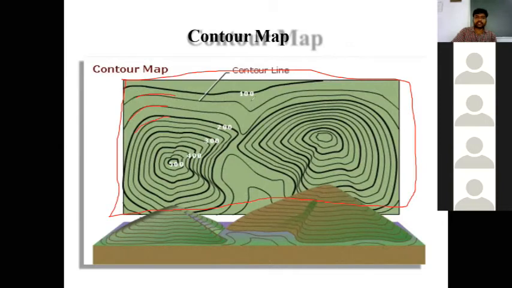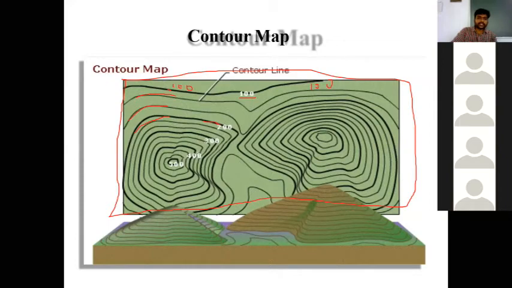These contour lines, what do they show? This 100, whatever 100 is shown here, means it's a level. So if you are going to measure the height at this point, here also you're going to have 100. If you measure at this point, here also you're going to have 100. Okay. And similarly, coming to 200, this is your contour line. At 200, this contour line shows the level of 200. Similarly, 300, 400, 500.